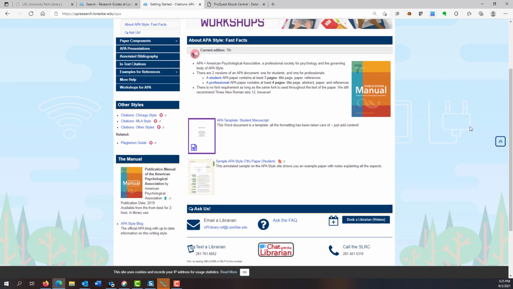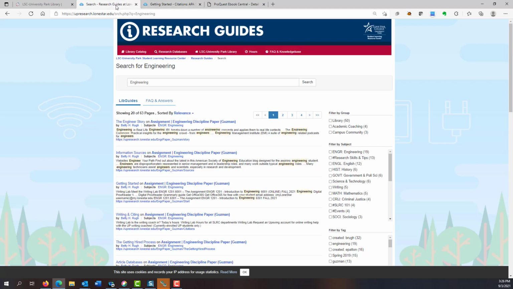You will find a template for APA papers that when you click on this link, it will download and open up into a Word document that already has the set margins, the cover page, the reference page, the font. Going back to the guide,